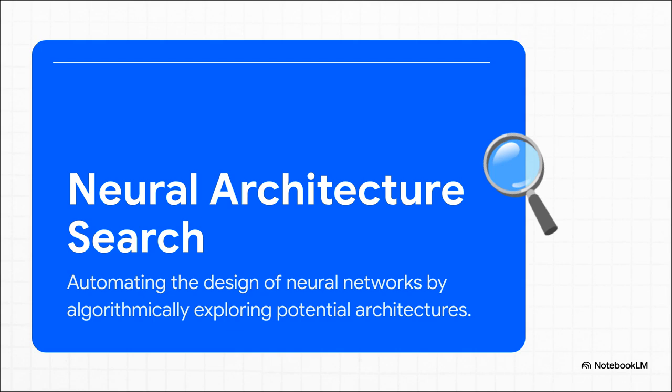So, what's the engineering fix for this dilemma? It's something called neural architecture search, or NAS for short. The easiest way to think about it is, it's like a master algorithm that completely takes over the design job. So instead of a human architect trying to guess the best structure, NAS just goes out and explores this huge universe of potential designs to find the absolute best one for whatever you need it to do.